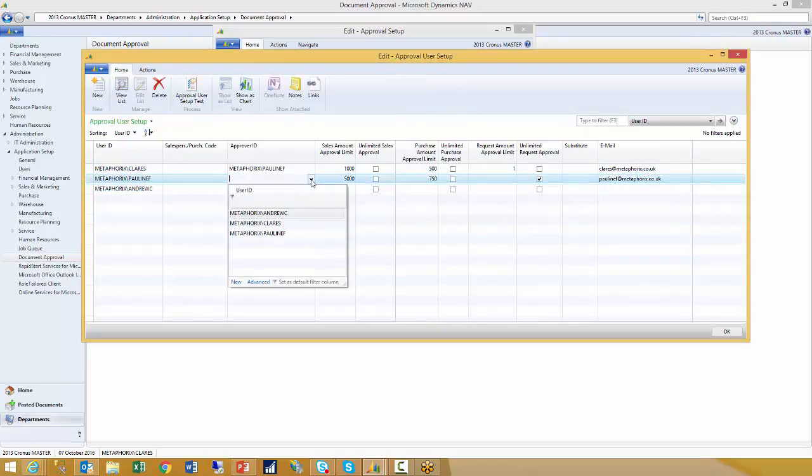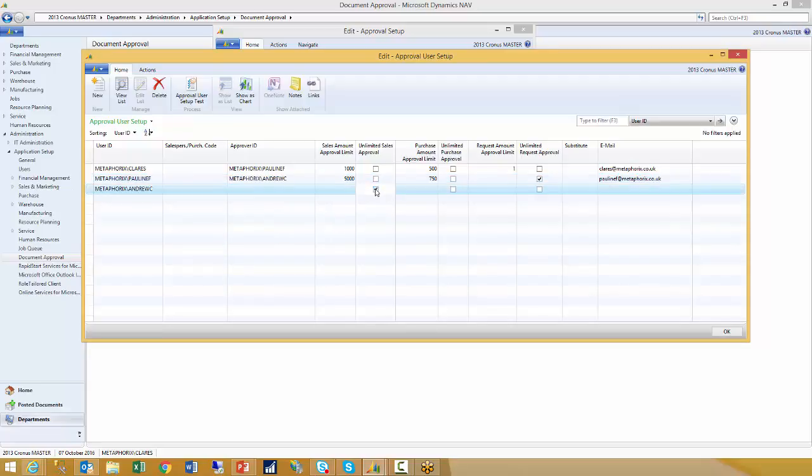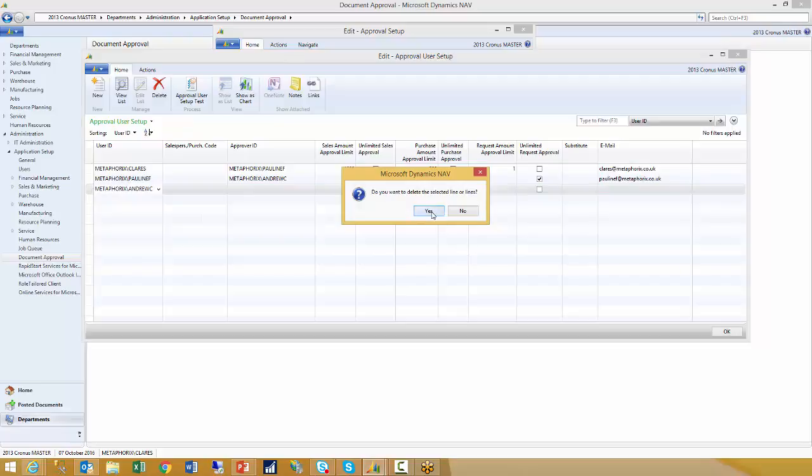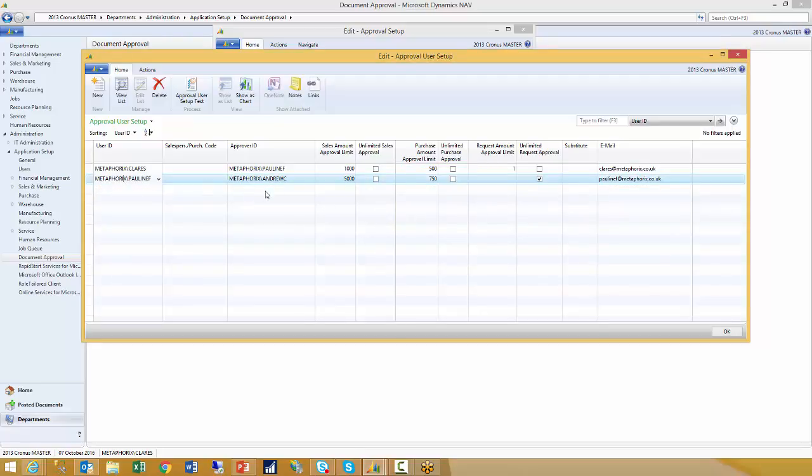So in here my approver would be Andrew, and he would then have the ultimate approval limits. But I'm just going to keep it simple, because otherwise to keep logging in and out of users will be a little bit tiresome. So I'm just going to remove that and give myself